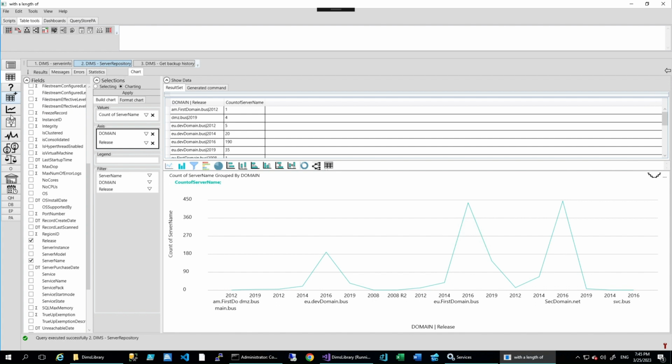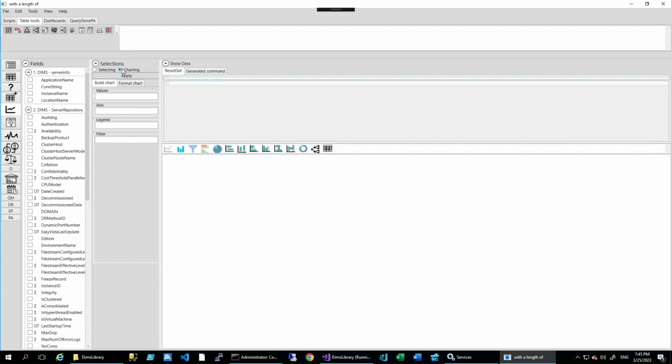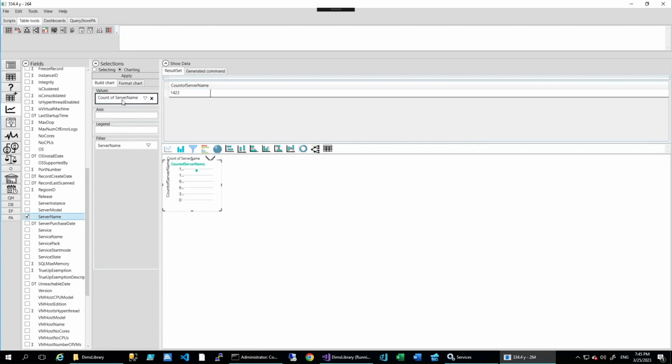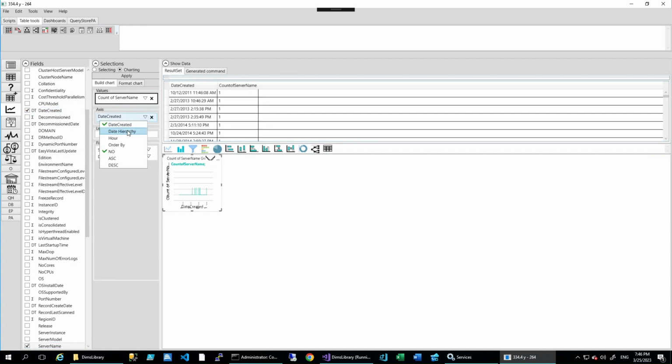Of course, I did the same for the chart control. So if we are trying to do exactly what we did in the single chart control, this should behave almost the same. So let's say we want again to see the number of servers which were installed in a specific year. So let's say server name, count of server name, and we'll group by date time, by date created, of course. We'll choose date hierarchy,